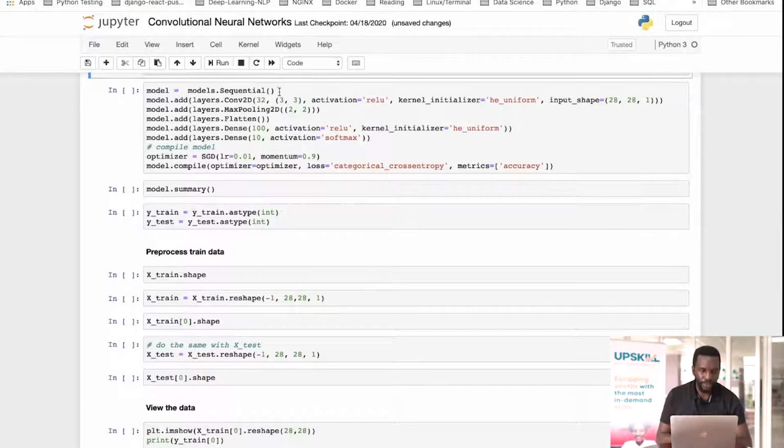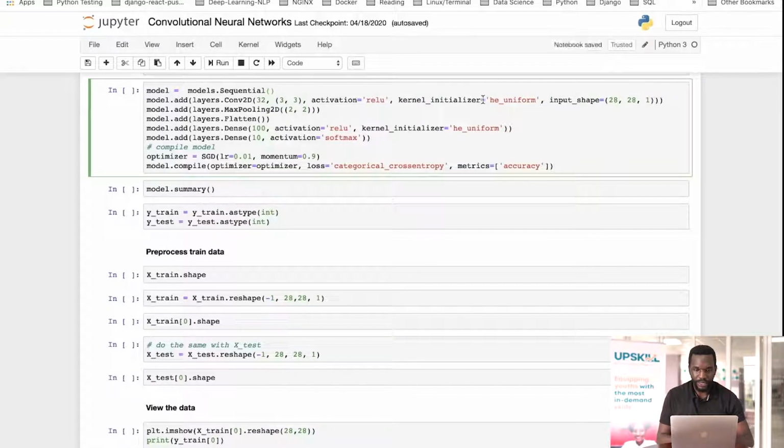We use the same sequential API. In this case, we're just basically going to be adding layer after layer. The first layer that we're going to add is a convolutional 2D layer with the activation function as ReLU. And this basically helps us initialize our kernel. If you remember from what we had before, the MNIST dataset is 28 by 28. And so we're going to change this to 28 by 28 by 1, because this is expecting 3 different layers, and the 1 is basically for depth. In this case, we don't have the RGB values, so our depth is going to be